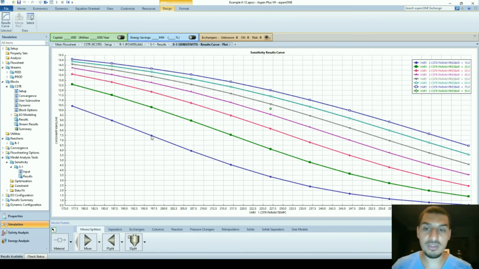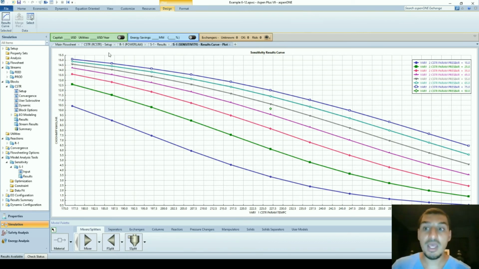It's clear that the methanol produced at 15 bar is a big difference from what I have at 25, and the difference is getting smaller as I increase the pressure more. But the maximum point that I can find here is this, which is 75 bars and 450 Kelvin. So these are going to be the operating temperature and pressure that I'm going to use to operate the reactor to maximize